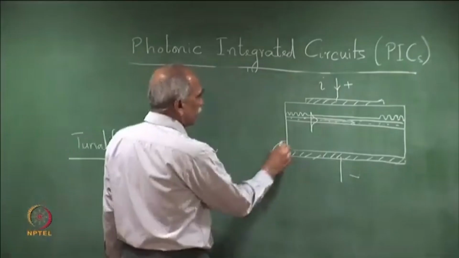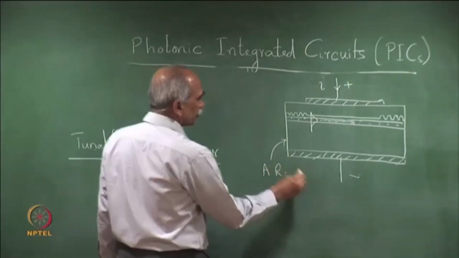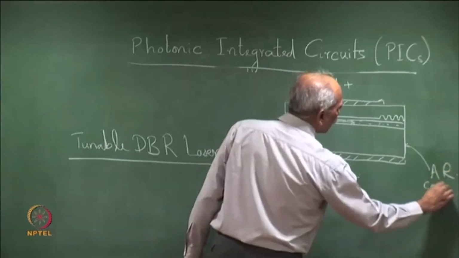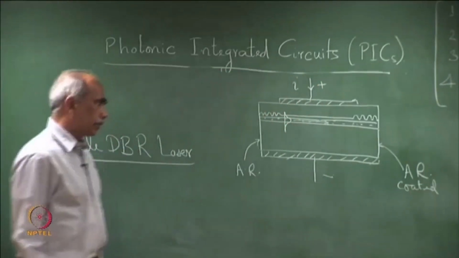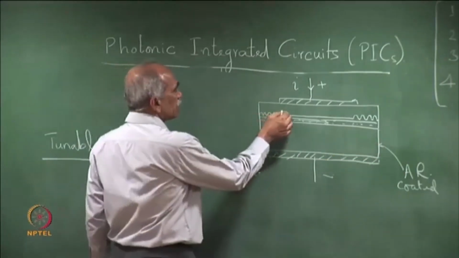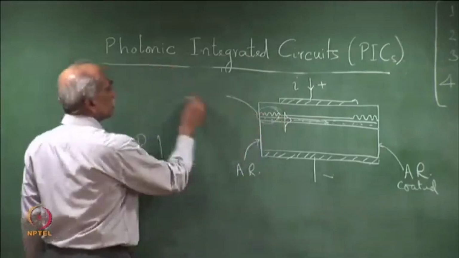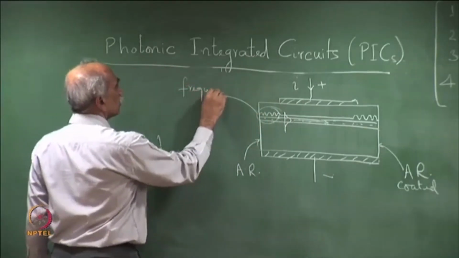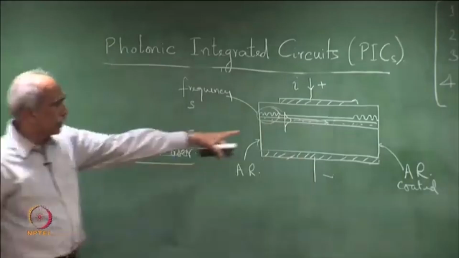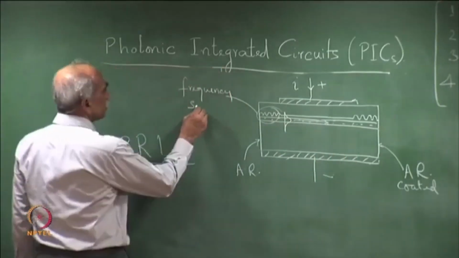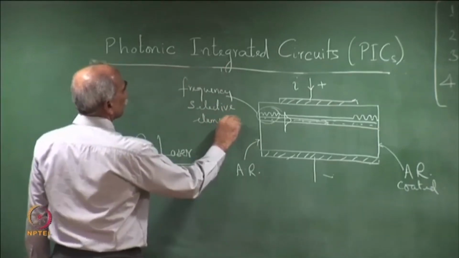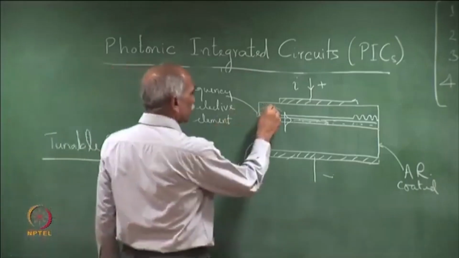The two ends are AR coated, anti reflection coated, to avoid any reflection from these ends, because we need these frequency selective gratings. So, these are the frequency selective gratings, this is the DBR, not the tunable DBR. I am discussing the DBR that we had already discussed, frequency selective element. The period is the periodic structure. So, the period here